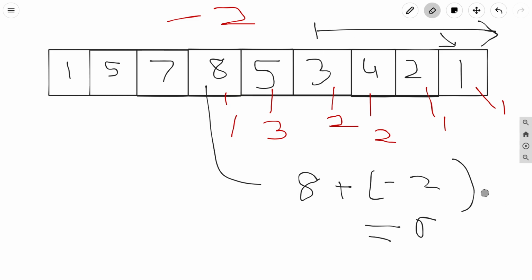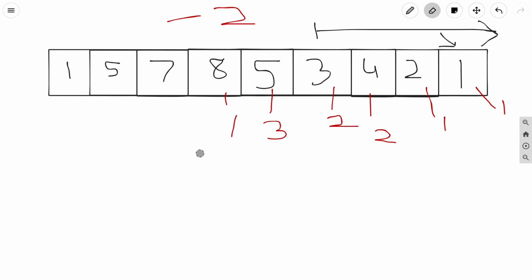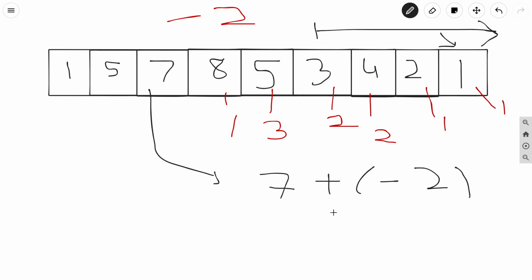Okay, and again moving forward, up to this you can see that the maximum length we have detected is 3. So this is our maximum length up to this iteration, but we have still some elements left with us. So we will iterate till the 0th element, the 0th index. So again we are on 7, and for 7 we will check whether there is 7 plus d or not. So 7 plus minus 2, which is nothing but 5. You can see that we can have 5 in our array after this index.